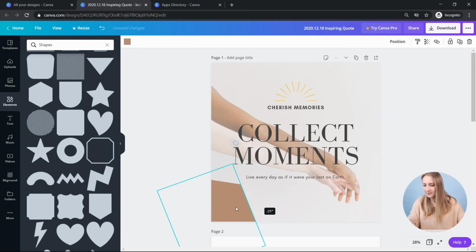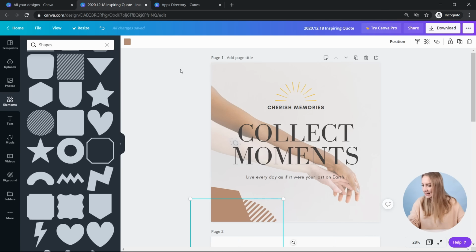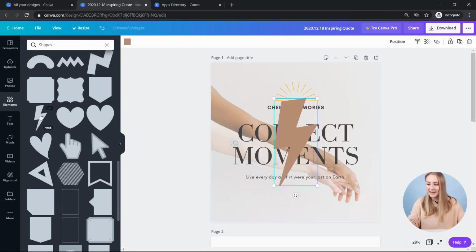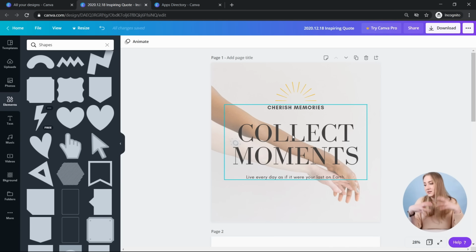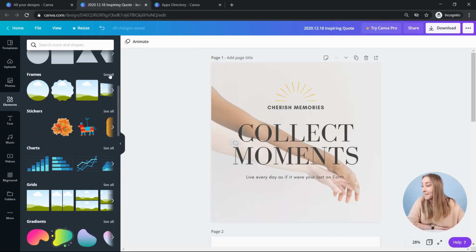Let's say I wanted to do something a bit more like this. I can drag it, rotate it. I can overlay it with different elements to make it even more cool. I can change the colors of it just to make it a bit more three-dimensional. There's no limit to what you can do with combining these elements. And in the Canva Learn part, you can learn how to combine those as well. Let's get back to the elements.